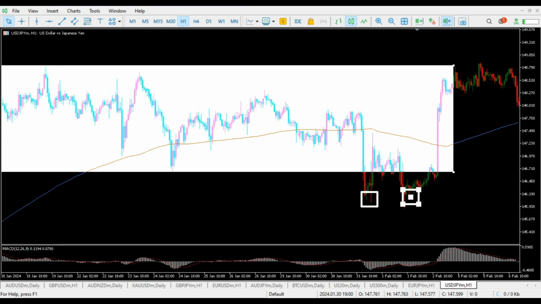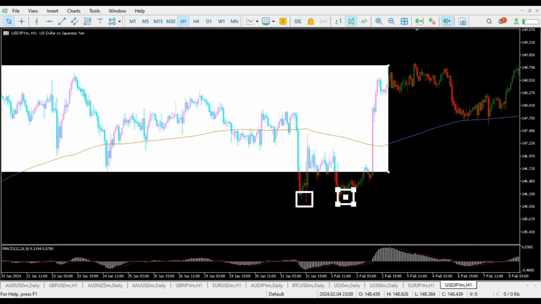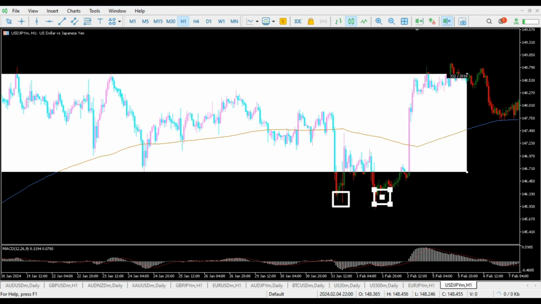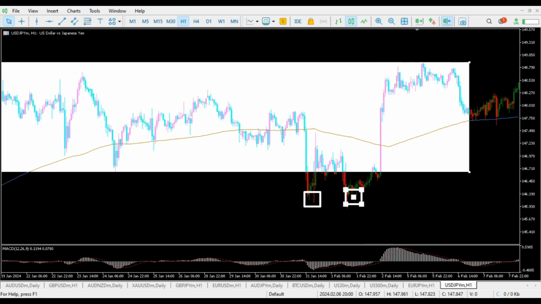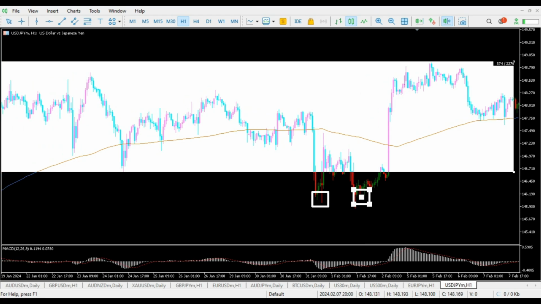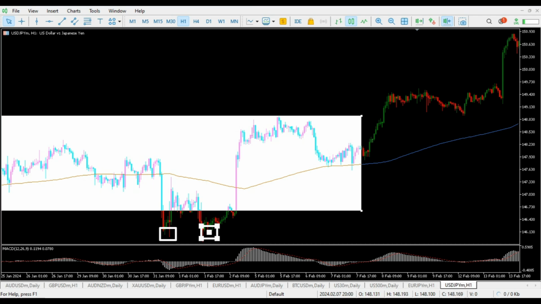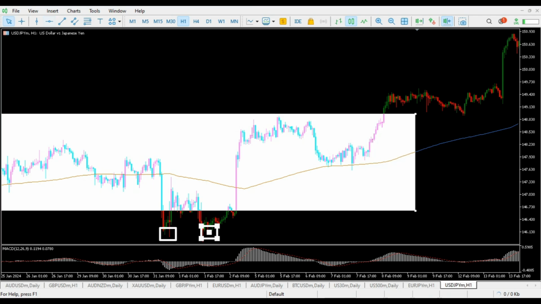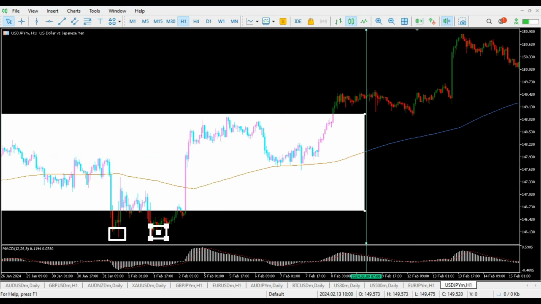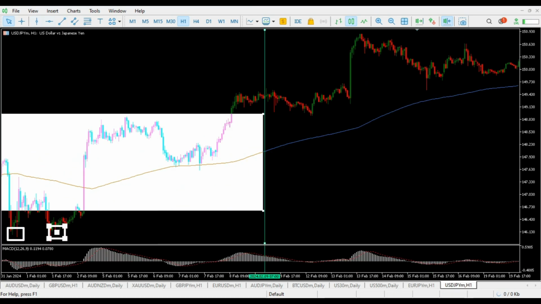As you can see, price continued ranging in the same area. We need to keep our watch on the MACD down below. But as price broke out at this area here, if you look closely at the MACD down here,